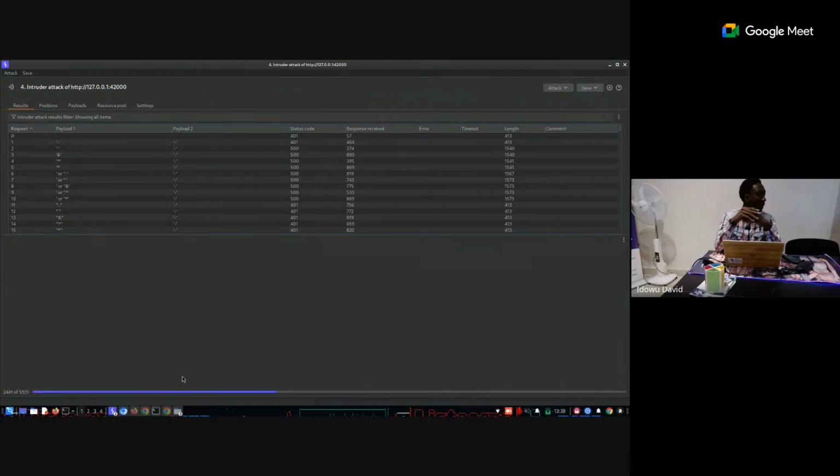For example, we have an API that is responsible for giving you results when you search for something. This is probably a query: search equals something. When I put an apostrophe, a double apostrophe, and it sends me an error message,